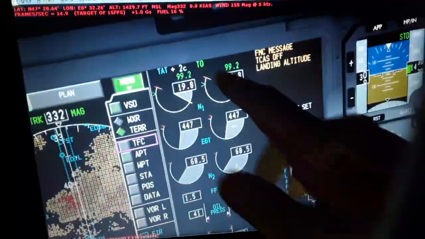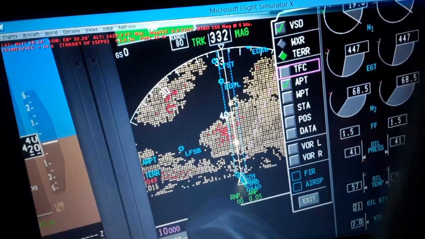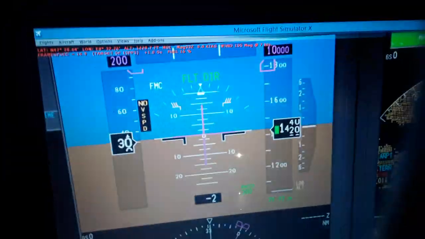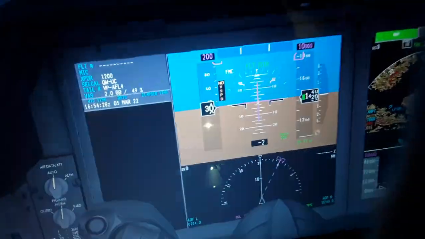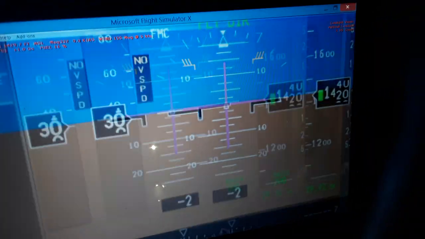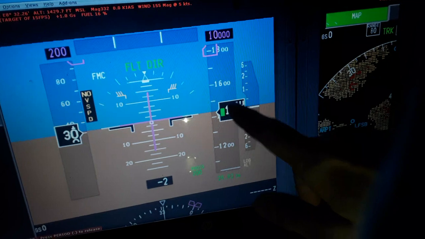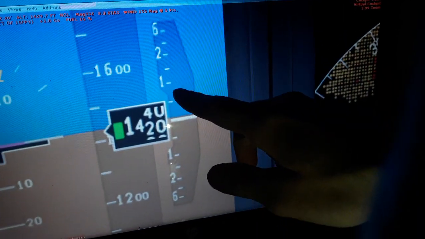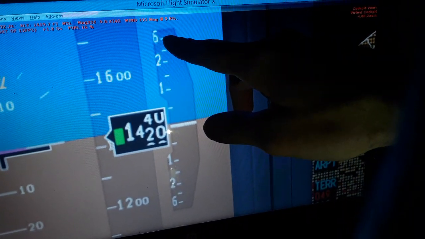Over here we have the engines right now displayed next to the navigation display and the primary flight display. So we have the airspeed indicated, the airspeed tape. You can see other information here. The airspeed indicated increases, no V-speeds selected yet. Barometric altitude, vertical rate of climb and descent of the aircraft, 10,000 feet per minute. So you see this needle moving up when we climb, like 500, 1000, 1500, 2000, 3000, 6000 feet per minute,